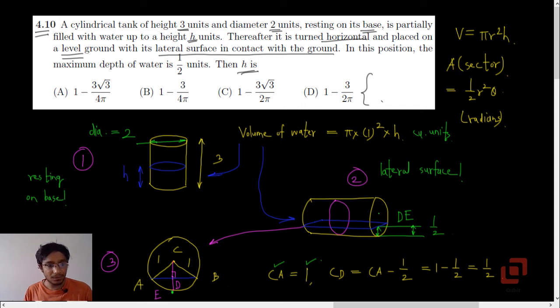Okay, because this is all water in the blue color. Okay, so because the maximum depth is 1 upon 2 units, length of DE will be 1 upon 2, but what is CE? CE is nothing but the radius of the cylinder. Okay, so from that, can we calculate the length of CD? Yes, length of CD will be CA or CE minus DE. So length of CD is 1 upon 2. Yes, now once we get the length of CD as 1 upon 2, which is half of the radius, now we can conclude that triangle ACD is a 30, 60, 90 triangle.